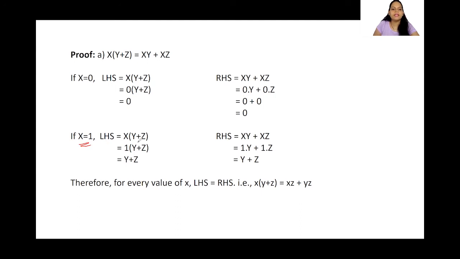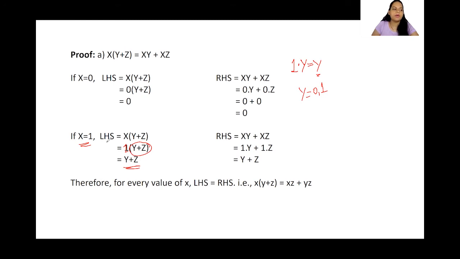1. We are taking the left hand side. I'm substituting the value x is equals to 1, I'm getting this. Now again, from the properties of AND operation, whenever I'm doing the AND operation of any Boolean variable with 1, I will always get the same variable irrespective of the value of y. It can be 0 or it can be 1. I'm always getting y. So if I'm taking this entire thing as one variable, I'm getting the same variable, which is nothing but y and z. Let me take the right hand side, which is xy plus xz.